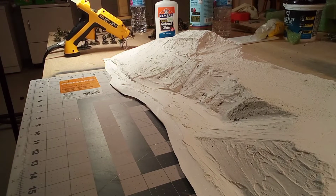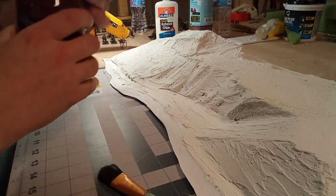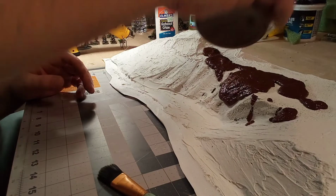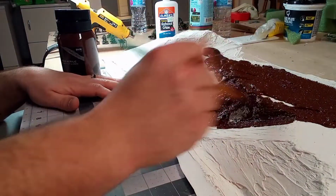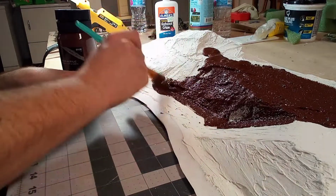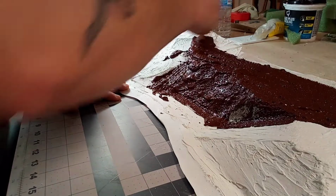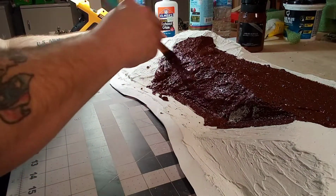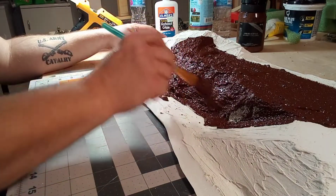Let me find my paintbrushes. My brushes of paint. So I can just dump it on. And then smooth it out. That simple. This is just going to be the base for it right now. You know, cover up most of the white. So that way, when you do go back in to do your flocking and all that stuff,